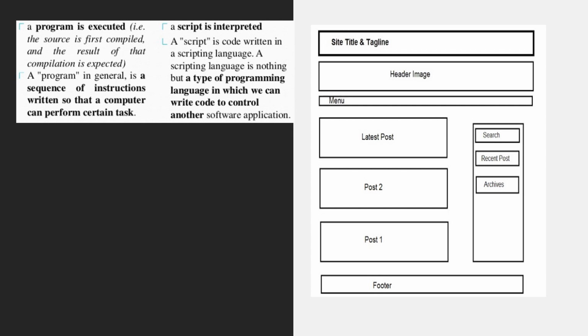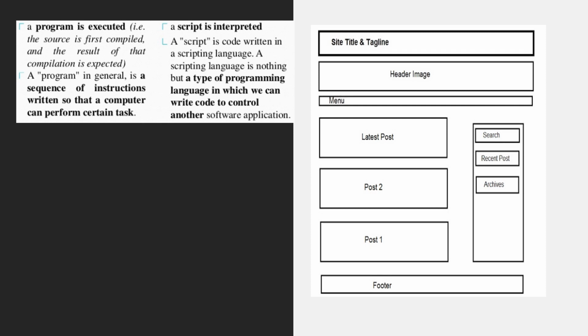Whereas scripting language is not used to build the complete software application. You will use it to control the software application which you have built using programming language. So programming language you write to build the complete software application, and scripting language you use to control that software application.